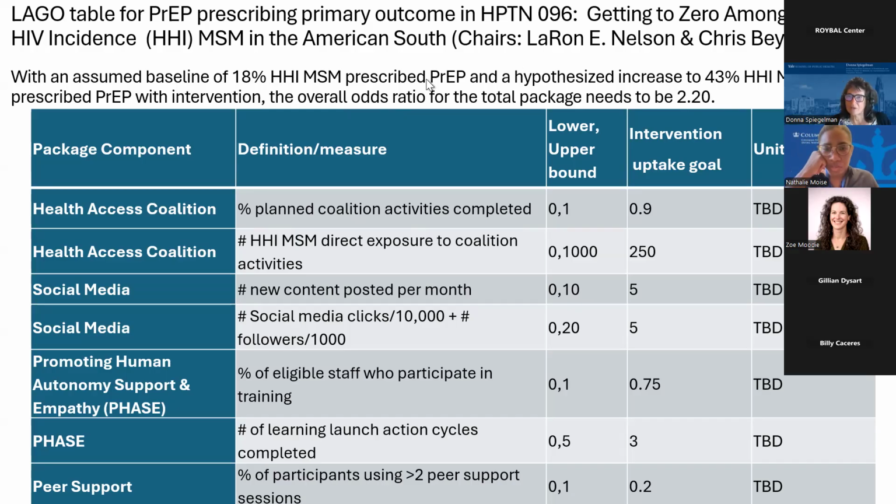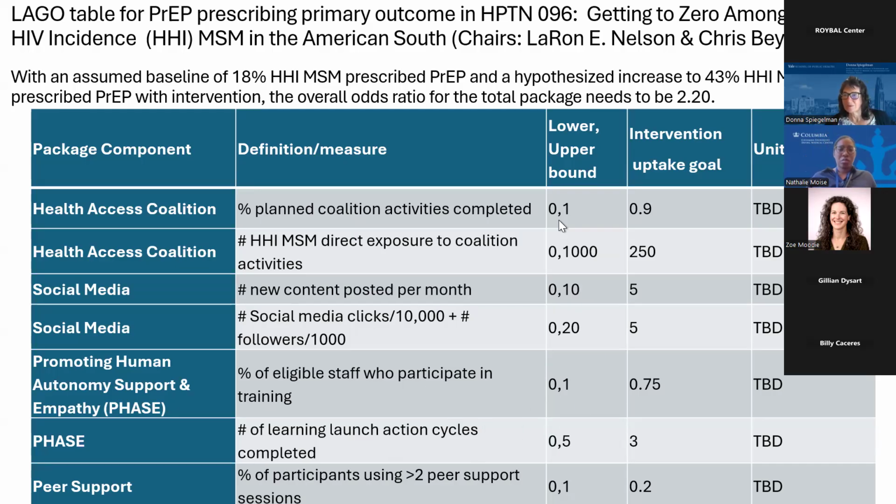And so here, Laurent, one of the PIs, laid out all these different components that we're going to try to optimize, such as coalition activities. There's going to be planning of coalition activities, attending coalition activities, posting content on social media, and responses to the social media content. There's going to be staff at the health facilities in the target areas who participate in training, learning launch action cycles completed, and participants using peer support